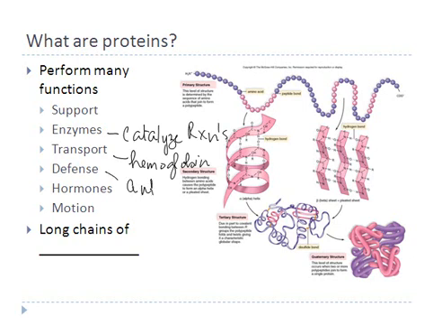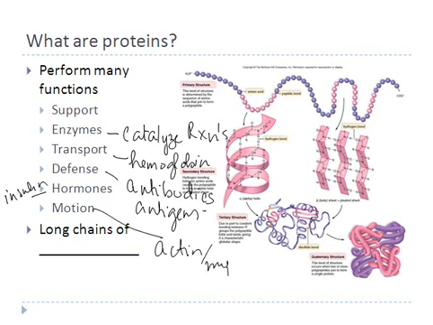Defense, for example, antibodies that are created, and these are defense. Hormones are also proteins, for example, insulin. And motion, for example, actin and myosin fibers. And structural support could be, for example, in hair and nail and hooves. Those are structural proteins. So you can see that they have a wide variety of functions, and that's why proteins